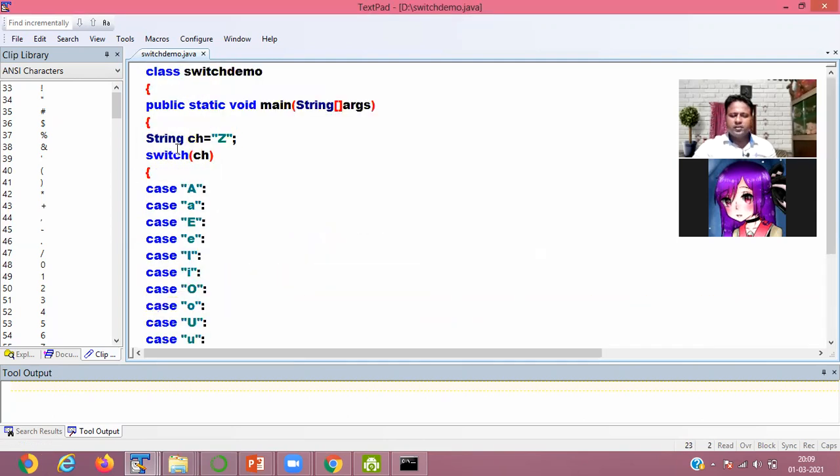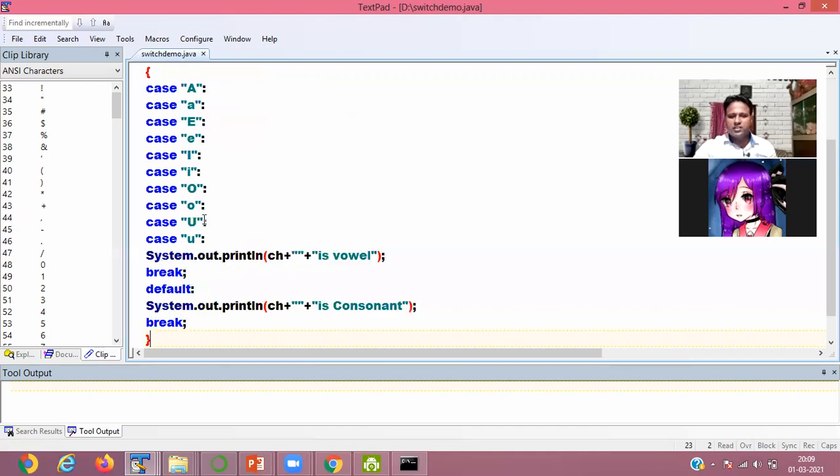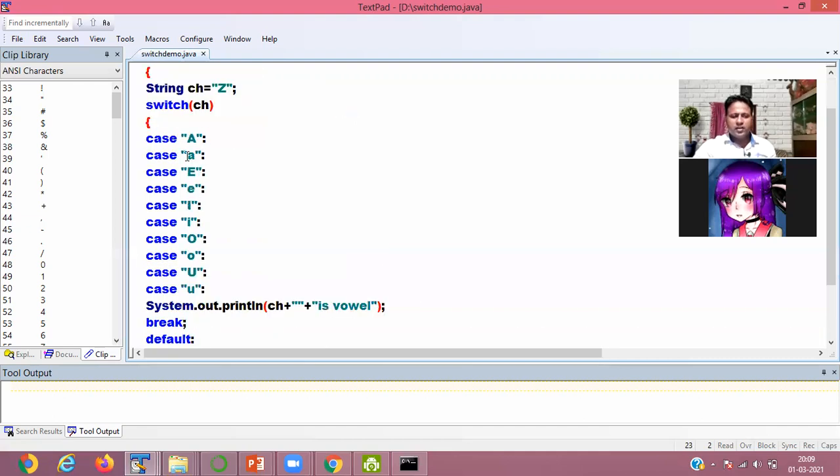The string ch equals z. So first it will check for the vowel or consonant value. So as you know that a, e, i, o, u, these are called vowels. Okay, and for all case statements, I will show the same value so that there is no need to write the statement in every case statement.